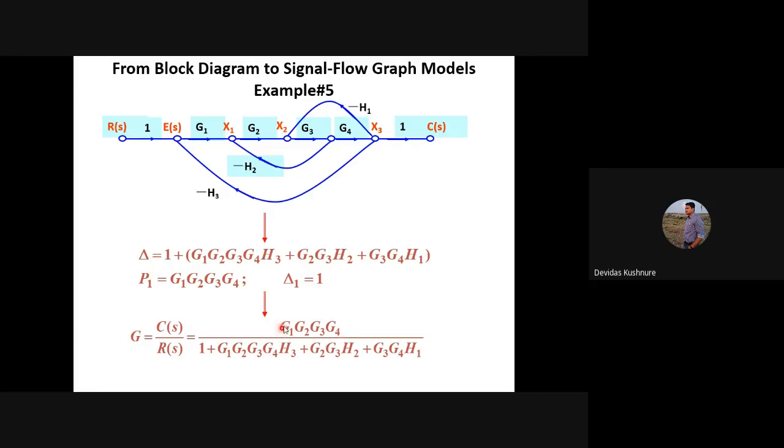So in the numerator you can see only one term, that means the diagram has only one forward path, right? And we do not have the term delta, because if we had a delta, then P1 delta 1 should be in a bracket here, so that we can get the number of terms in the numerator. So we have only one term, that means definitely the value of delta 1 is 1, and it has only one forward path, right? So we have to check in the problem whether g1, g2, g3, g4 is the forward path or not. So we can check g1, g2, g3, g4 is the forward path. Okay, so all the loops are touching it, that means delta 1 is 1.